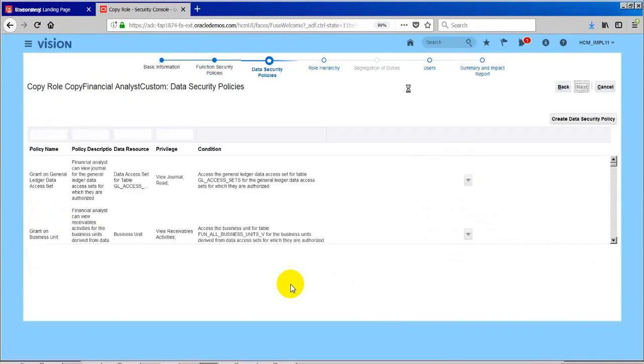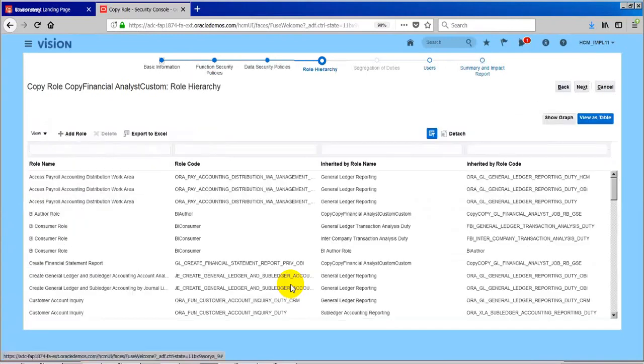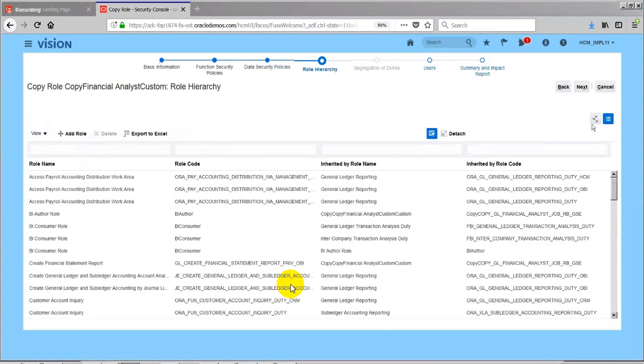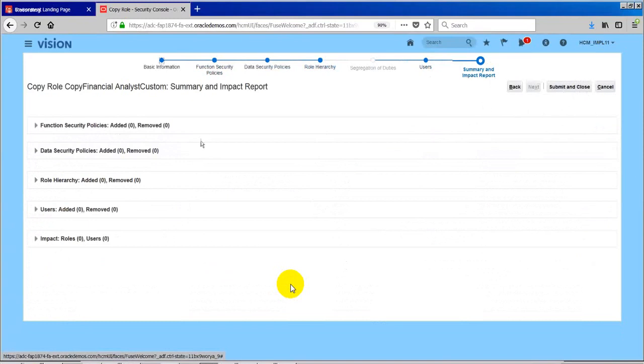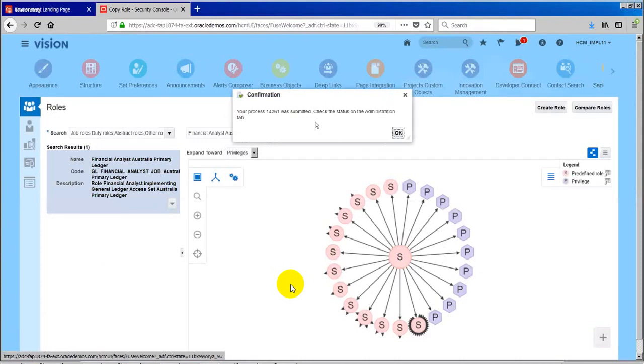I am just going next up to summary and report, so we have everything copied. Just submit and close. Once it is submitted and closed, the process is submitted. The process is nothing but copying the roles from the seeded role to our custom role, so that once the copy is complete, this process will end.